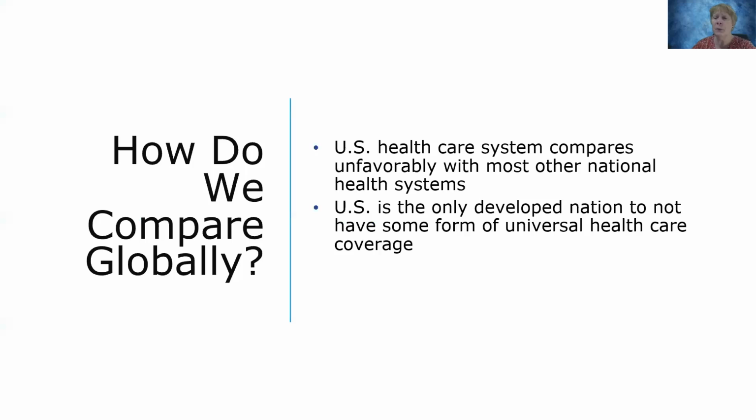So you learned last week, as you were talking with each other, that we compare unfavorably to most developed nations as far as our healthcare system, and we're the only developed nation not to have a form of universal healthcare coverage. We did have something introduced several years ago, the Affordability Act,